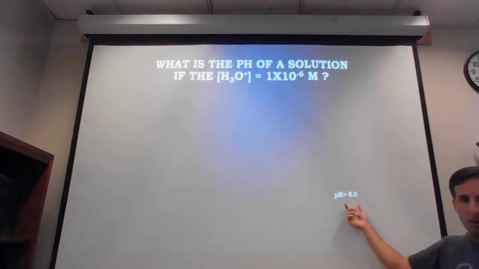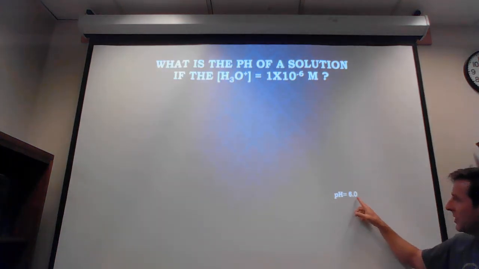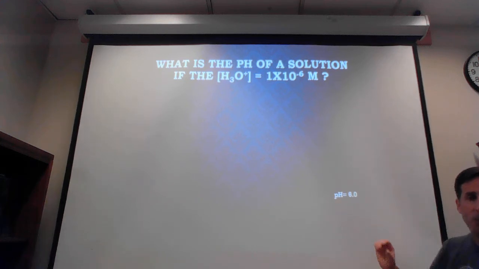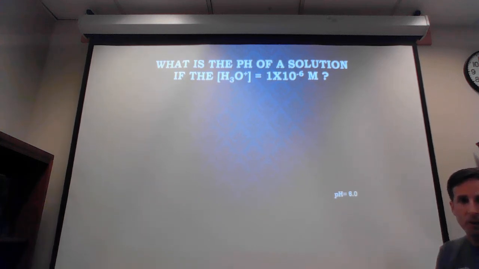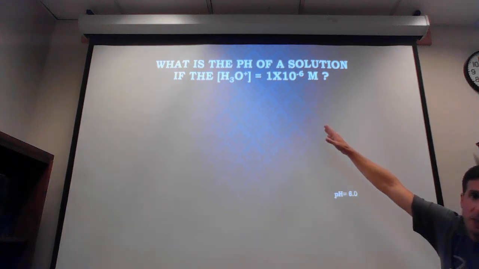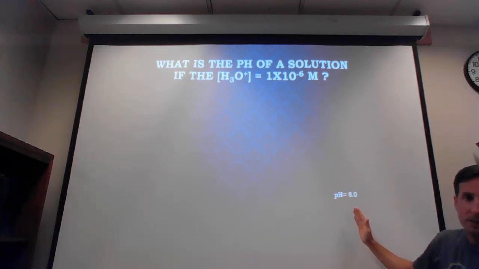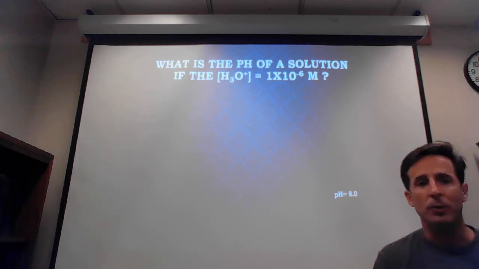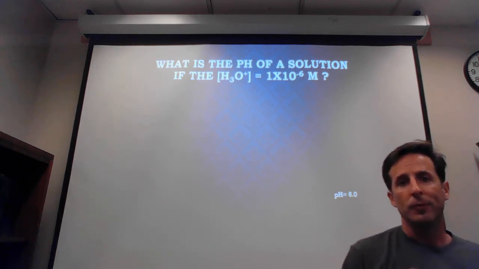the result of a logarithmic function, the sig figs are the numbers after the decimal. The numbers in front of the decimal actually don't count as sig figs when you take the log. So if I have 1 sig fig in my concentration, that means I should keep 1 decimal place in my pH. You need to remember that, because what will happen, let's say you have an